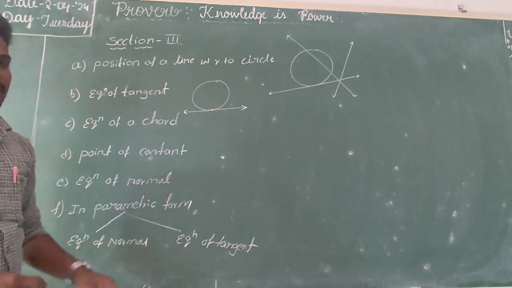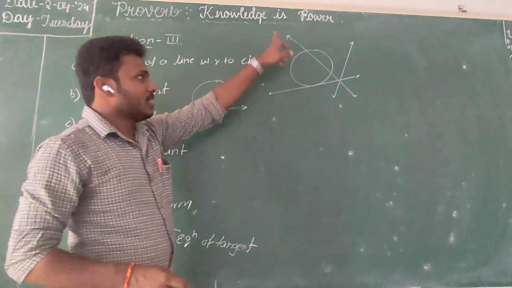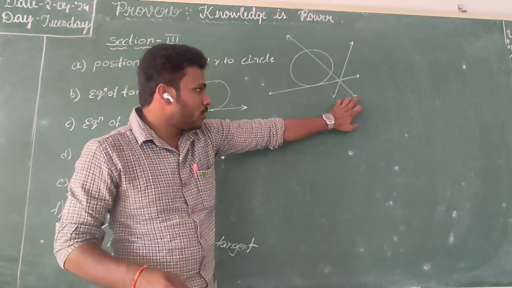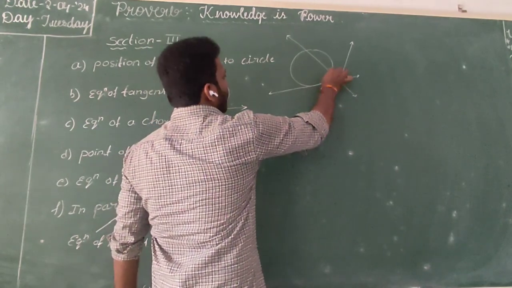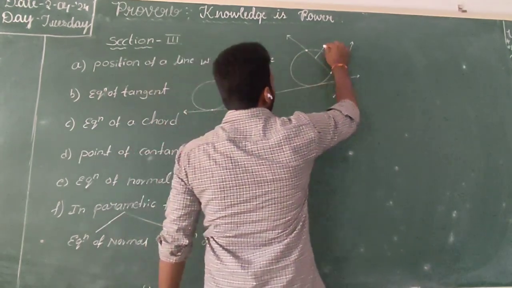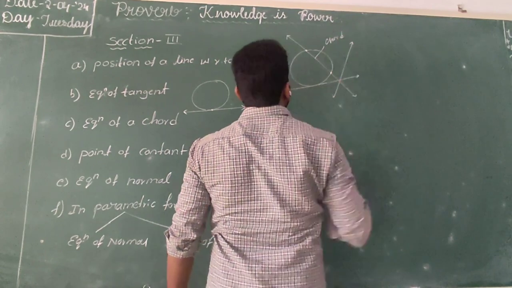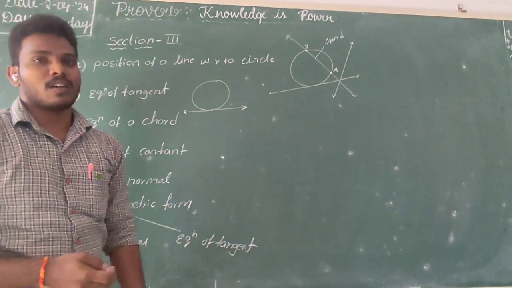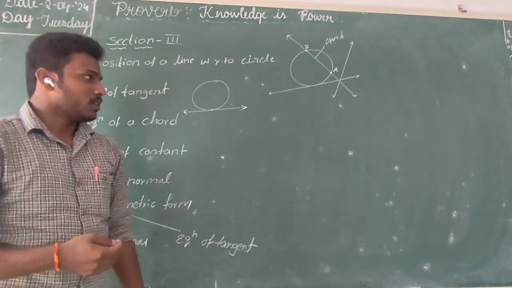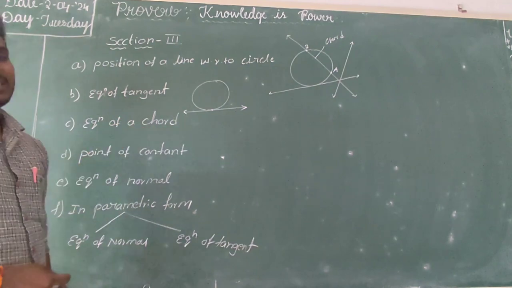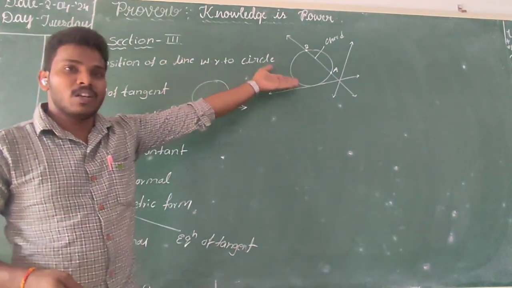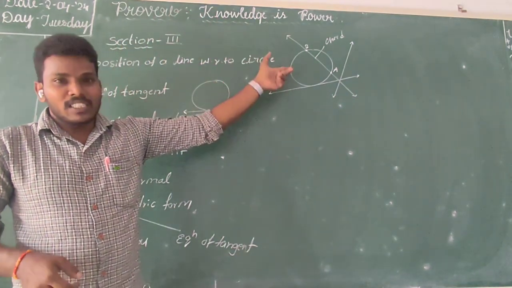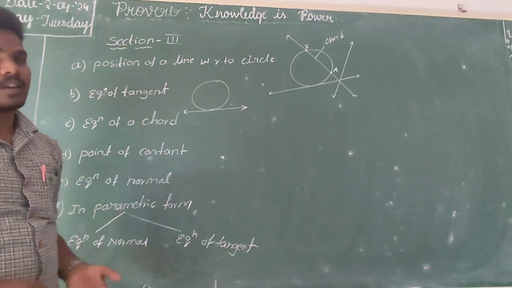Equation of secant. If a line intersects the circle at 2 points, then we need to find the intersected part. The intersected part is nothing but is called the chord of the circle. We know that thing. So we need to find that chord AB of the circle. So equation of the chord. That's why equation of the secant is also something. Okay. So equation of the tangent, equation of the secant. Out of these 3 possibilities, one is the tangent possibility. We need to find the equation of tangent. Out of these 3 possibilities, one is secant. We need to find the equation of the chord.